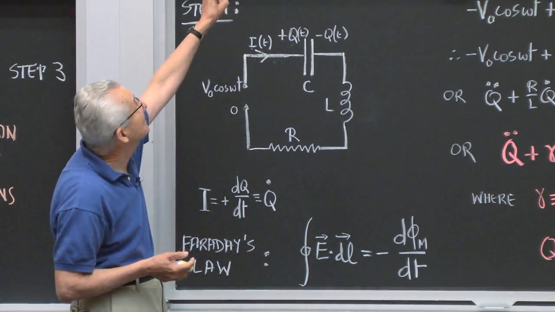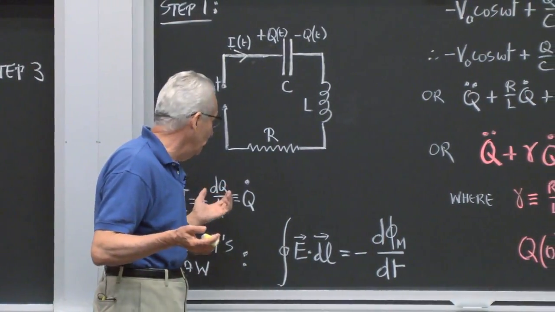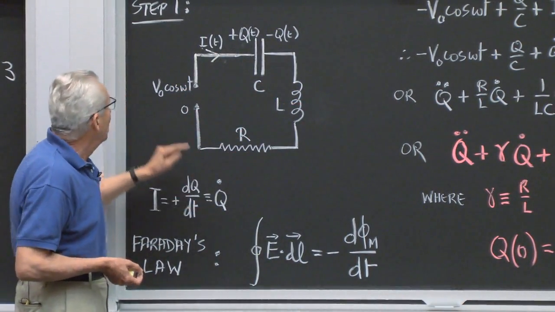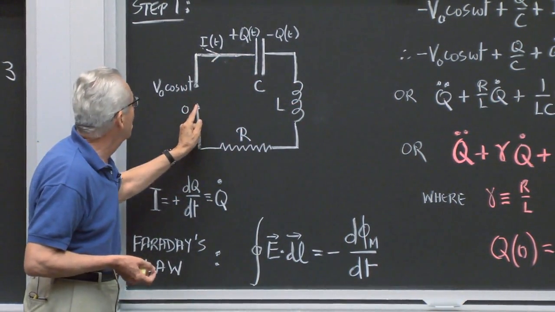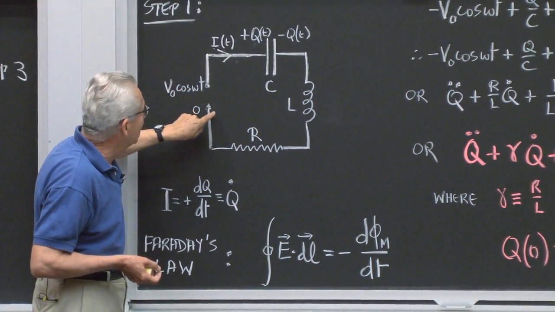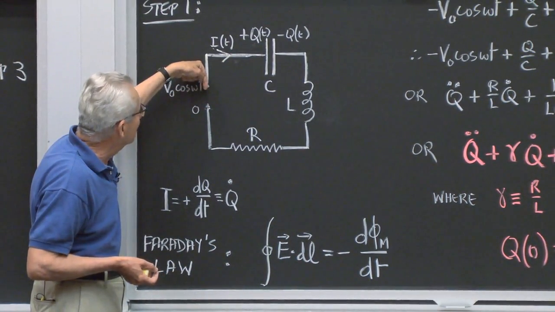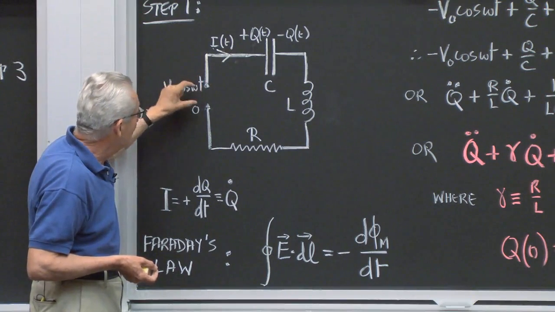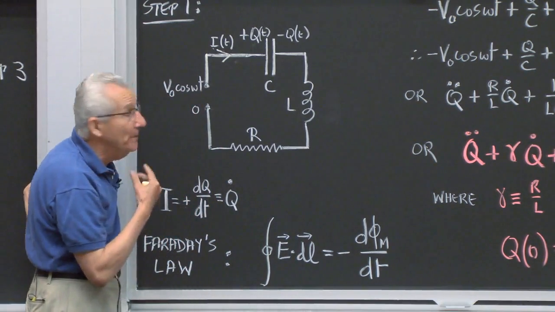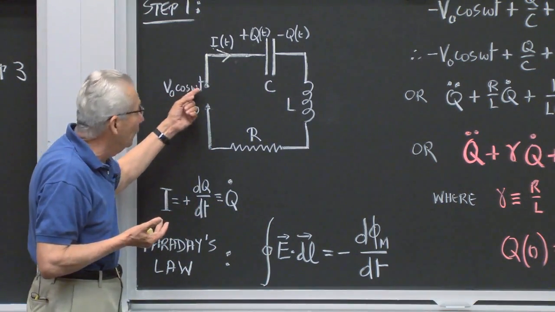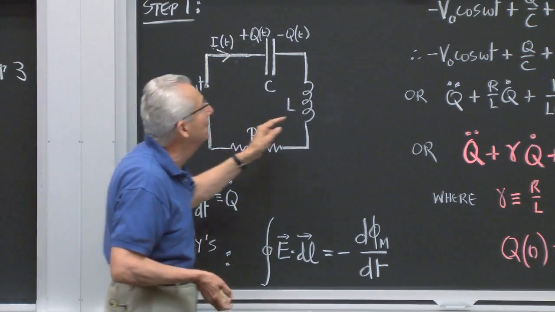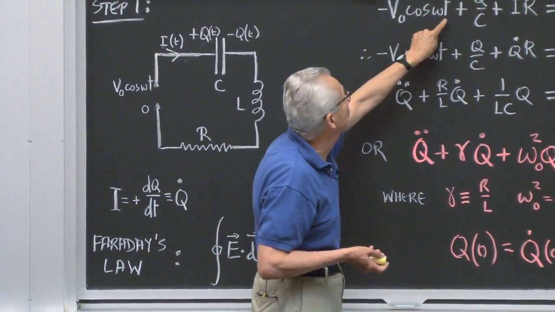So taking this law of nature, I can now translate it into mathematics, and that's what I'm going to do. First, I take the line integral of E dl around this circuit. Going from here to here, this is positive relative to this point, so the electric field from here to here will be in this direction. The line integral of E dl along here will be minus, and by the definition of a voltage, it will be minus the voltage drop across here, which is V0 cosine omega t. So this is minus V0 cosine omega t.